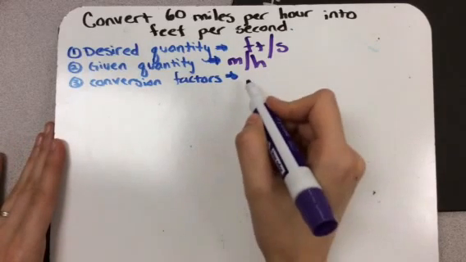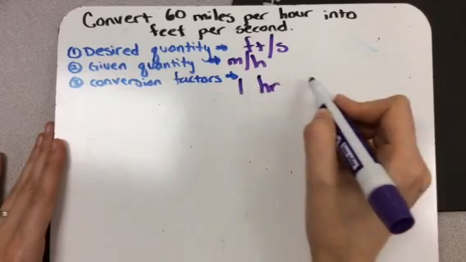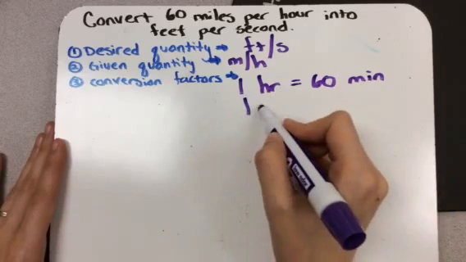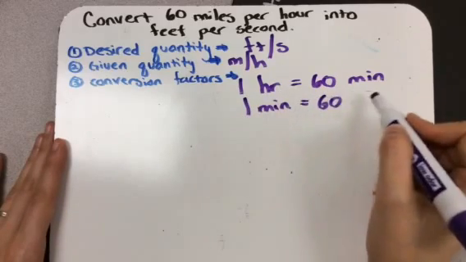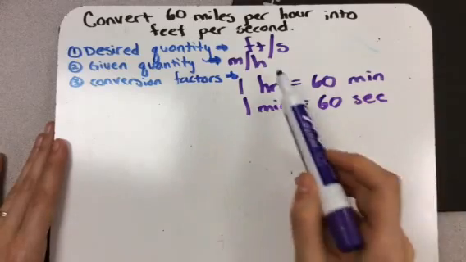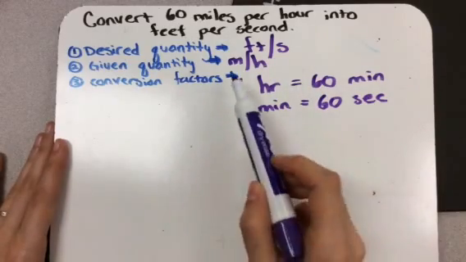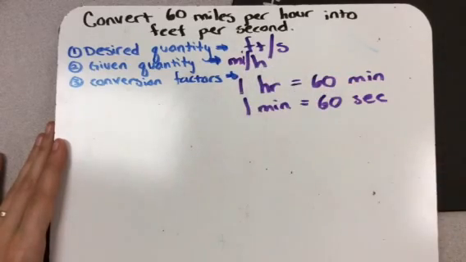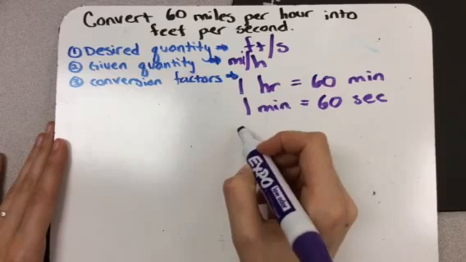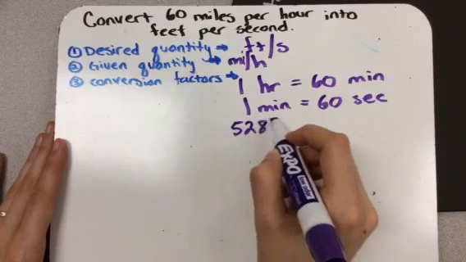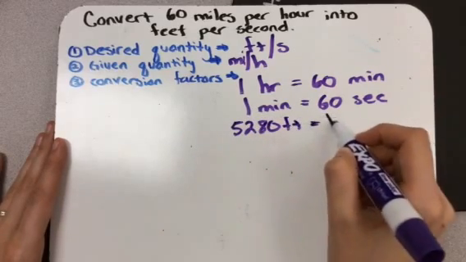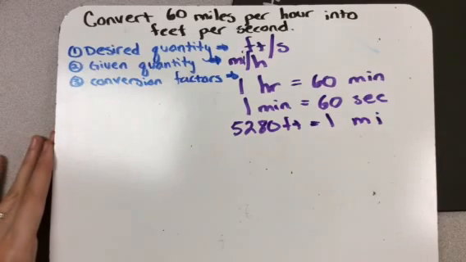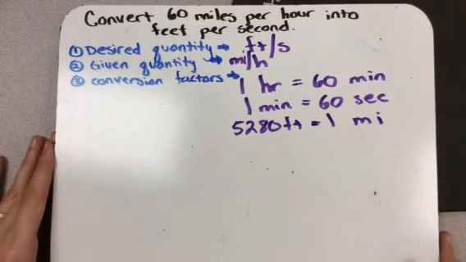in 1 hour, so these are our conversion factors, in 1 hour, we have 60 minutes, okay? And in 1 minute, we have 60 seconds. So that's how we're going to go from hours to seconds. But how do we go from miles to feet? Now, there are actually 5,280 feet in 1 mile. Okay? So, again, those are all the conversion factors we're going to use, and now